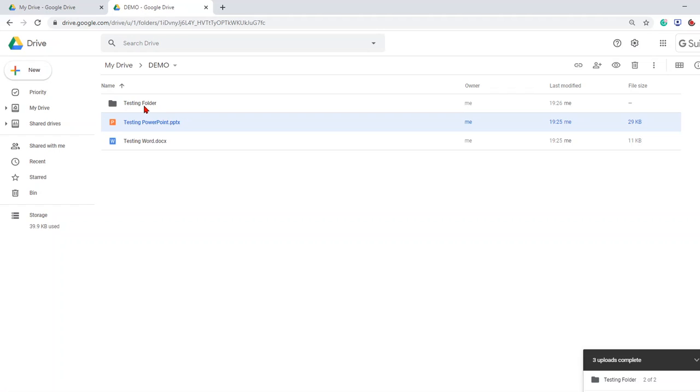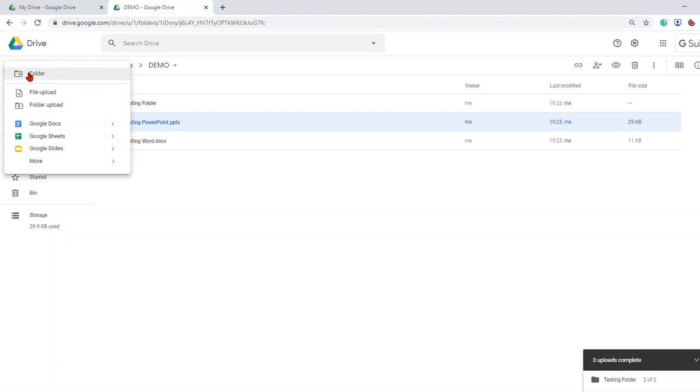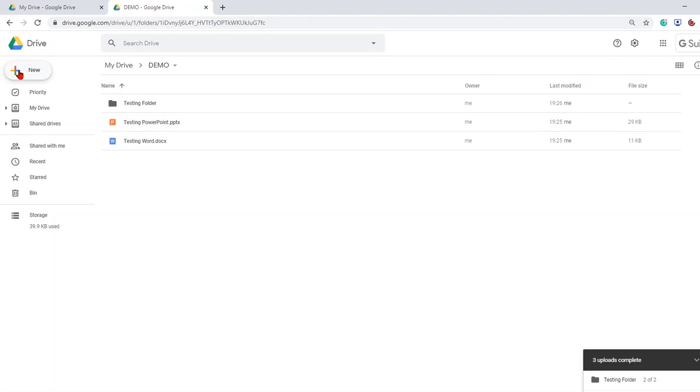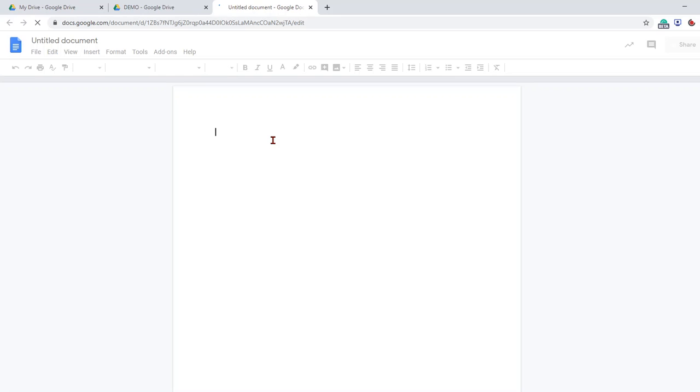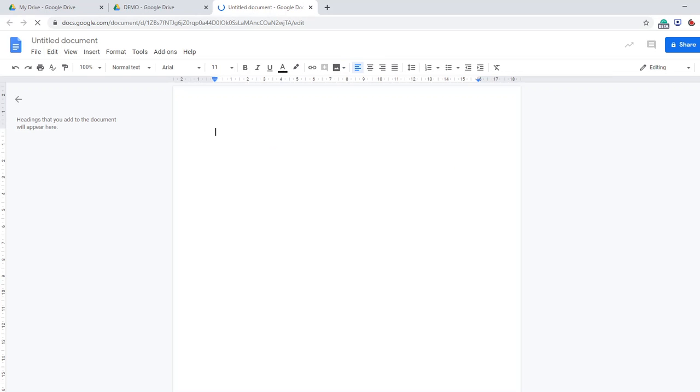To work on files that you want to create inside Google Drive, if I wanted to create a Google file, I can just click the plus button in the top left hand corner. For example, if I want to make a Google Docs, which is Word, I can load this up. I can title my document, this is a demo document,